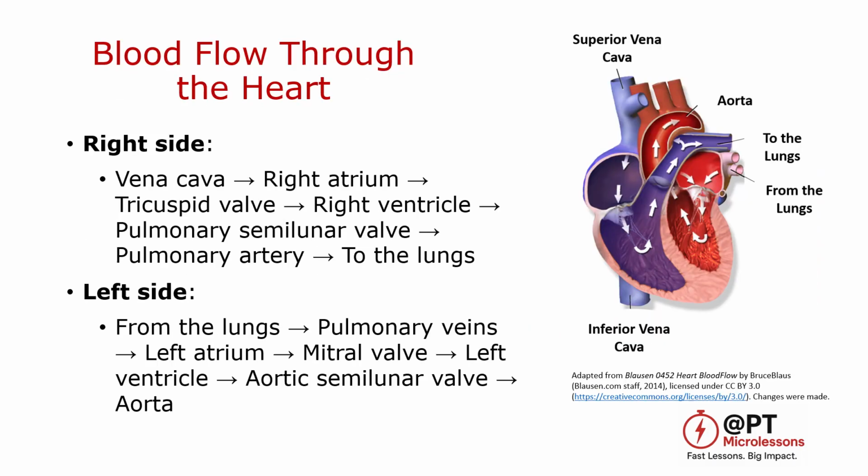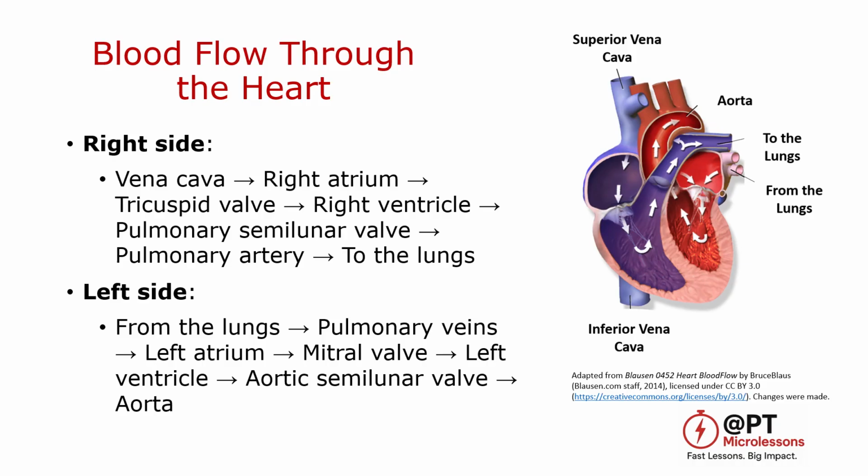Let's put everything together by following the path of blood through the heart. Deoxygenated blood enters the right atrium through the superior and inferior vena cava. Then it passes through the tricuspid valve into the right ventricle, then is pumped through the pulmonary semilunar valve into the pulmonary arteries and reaches the lungs. After becoming oxygenated, blood moves from the lungs to the heart via the pulmonary veins into the left atrium. It then passes through the mitral valve into the left ventricle, where it is ejected through the aortic semilunar valve